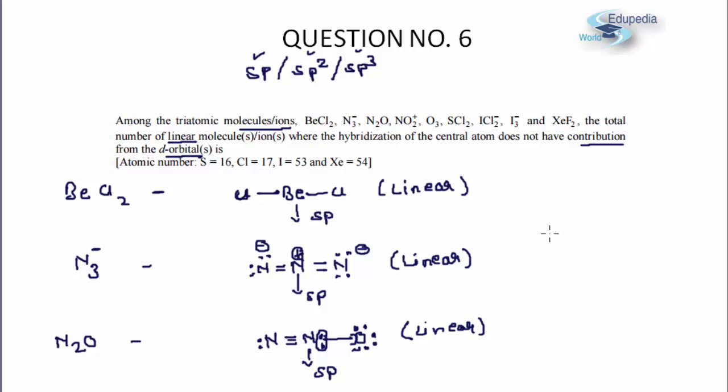Let us look at the fourth one, NO2 positive, nitronium ion. NO2 positive will be analogous to CO2, N double bond O, and this nitrogen will have a positive charge. The oxygen atoms will have lone pairs, 2 lone pairs on each oxygen atom, and clearly you can see the steric number as 1 sigma, 2 sigma, no lone pair. So this again will be sp and it will be linear. Fine. So far all the 4 molecules meet our criteria.